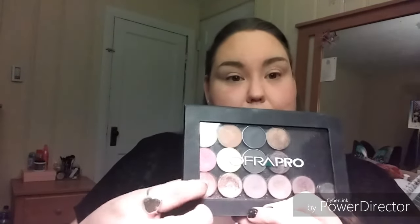A couple of these ones, like the real sparkly ones down here, are the pressed shadows, which I love. They're great. So I think I'm gonna do a combo of these two palettes together. Let's get out my new brushes. I'm so excited. These are my 3 new brushes, and I think we're gonna start off with the Studio